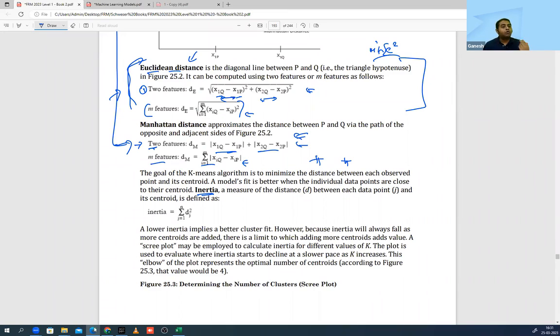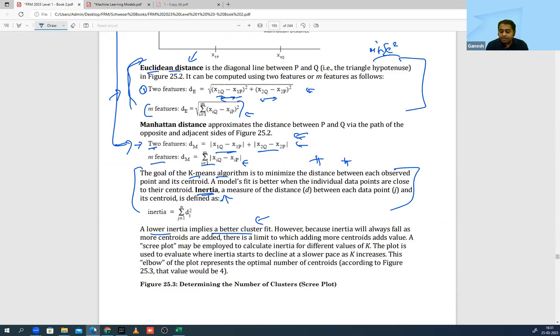Over here also, how do we decide which model is doing better? So they have found inertia as a concept. If there is a lower value of inertia, what does it mean? There is better cluster fit. What is better cluster fit? The clustering of animals that we were doing. If my inertia is very low for the entire process, that means I've done the bifurcation properly. That means I've done the clustering properly. That means my model is good. Simple. Okay. Now, we'll read this part.